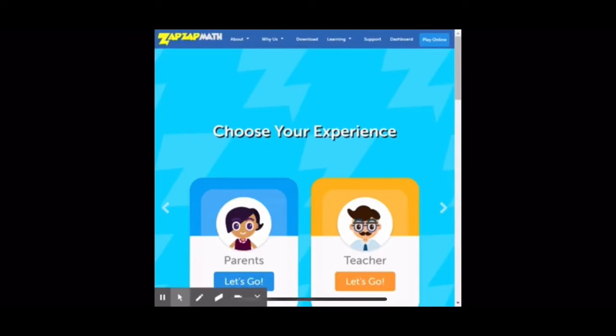Hello, my name is Katie, and the app that I picked to teach you guys about is Zap Zap Math. Basically, Zap Zap Math is a program that a teacher can access through their computer and a kid can access through their iPad through the App Store. It's a collection of math activities geared towards kids in kindergarten through sixth grade, and they're aligned with Common Core standards,